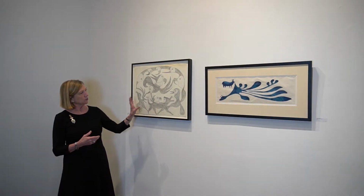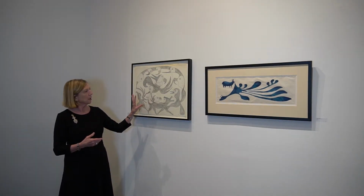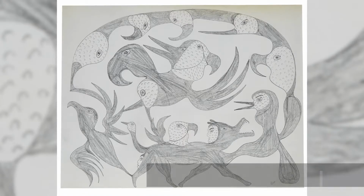Often people don't understand that they were doing fabulous drawings, absolutely fabulous drawings, and that the prints didn't start the drawings. In fact, they had a drawing tradition that goes back way back. So we chose for 1959 to juxtapose an original drawing by Kanoyoak Ashabak, which has all of that wonderful